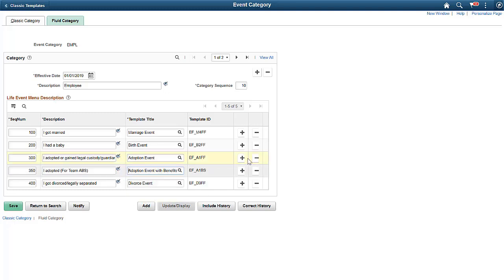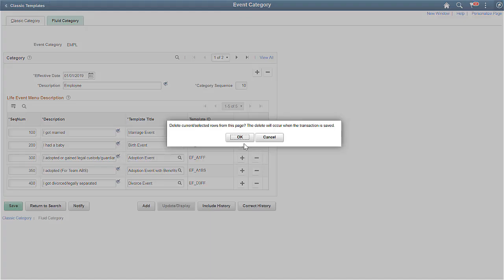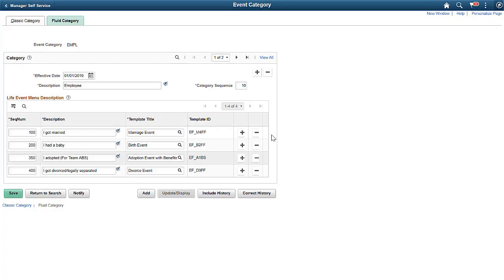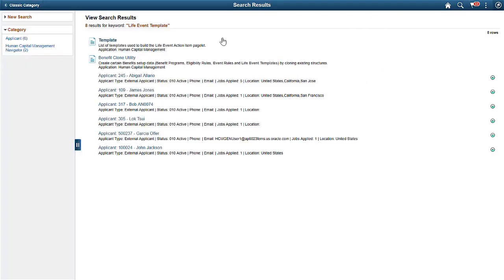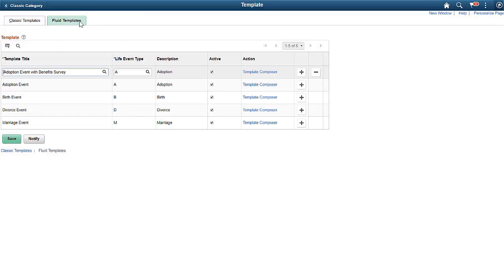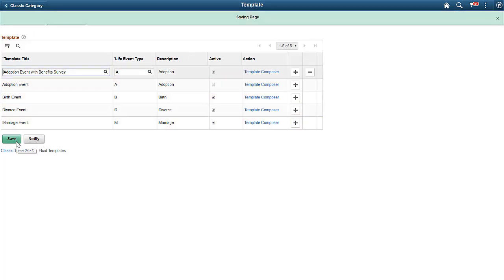Now let's delete the old template from this new effective dated row. We can now go back to the Fluid Templates page and deselect the other adoption template. We have now completed creating a customized adoption template.